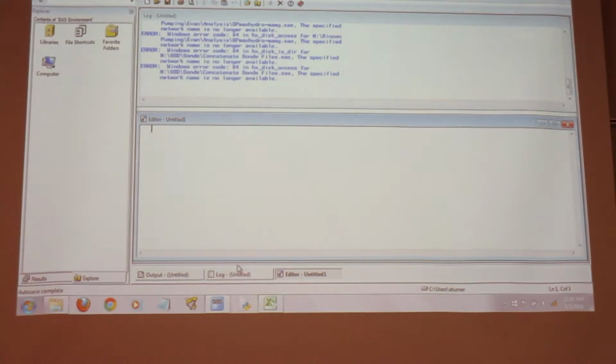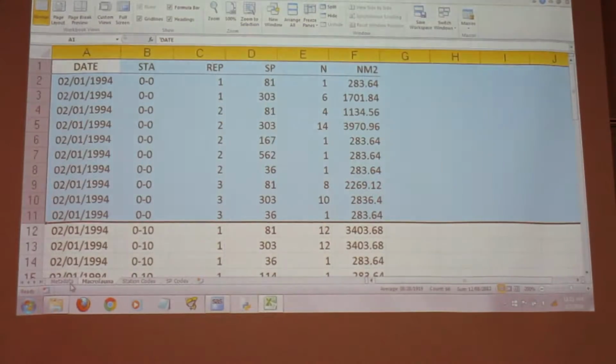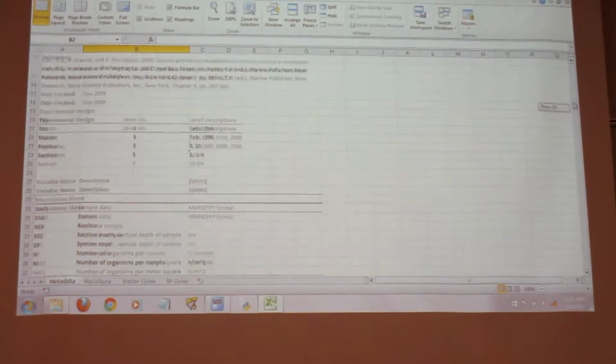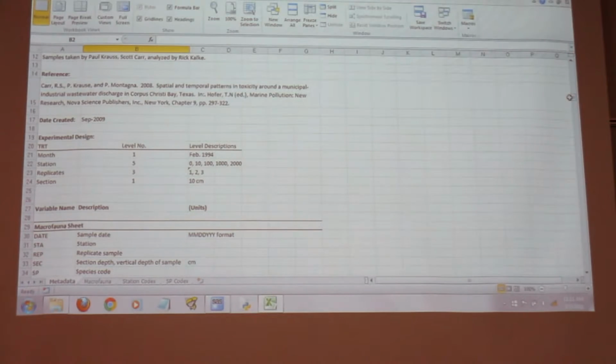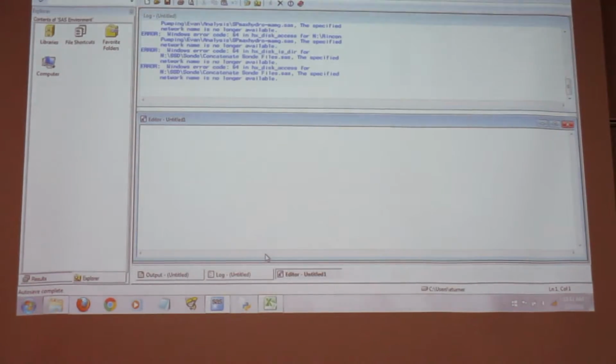Okay. Any questions so far about that file? Kind of what we were doing with that study? If you read the study, things really make sense too. It's in the file, in the metadata. That's the published paper. So if you look it up, the study will make quite a bit of sense. Okay, so now we're going to switch to SAS.